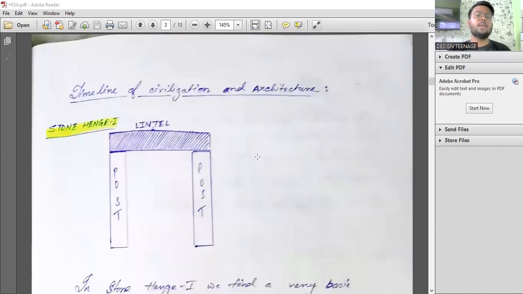Now we start with the timeline of civilization and architecture. How slowly and gradually things passed from one stage to the other, things moved ahead, and eventually things were built. So when we are at the position from where we are starting, for example, Stonehenge, at that point of time in the world all over, we are talking about Stonehenge. It's not like in Europe it was the Stone Age while over here in India it was a modern civilization. Things never happened like that.